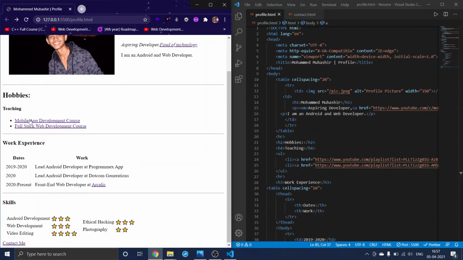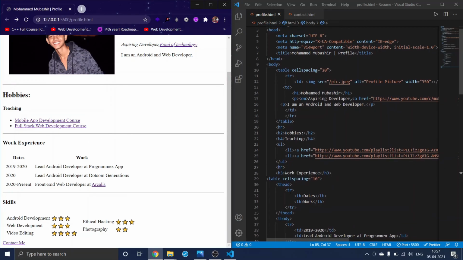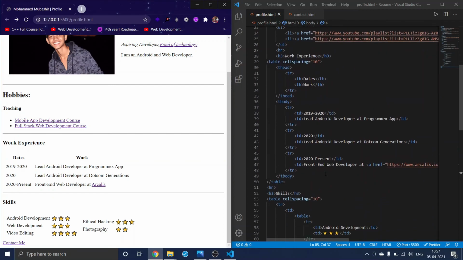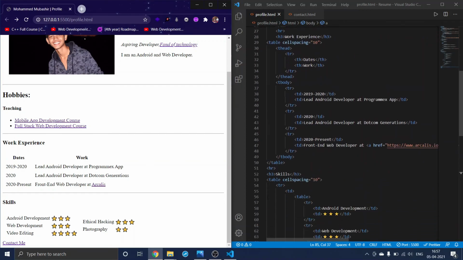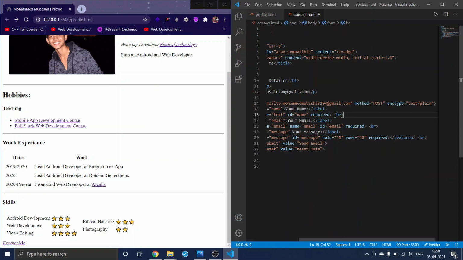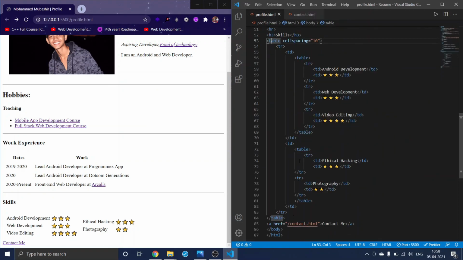In the hobbies we used unordered list items, and in the work experience again we used a normal table with thead and tbody. And in the skills we used a nested table which started here and ended here. In one table we used two tables in two columns.